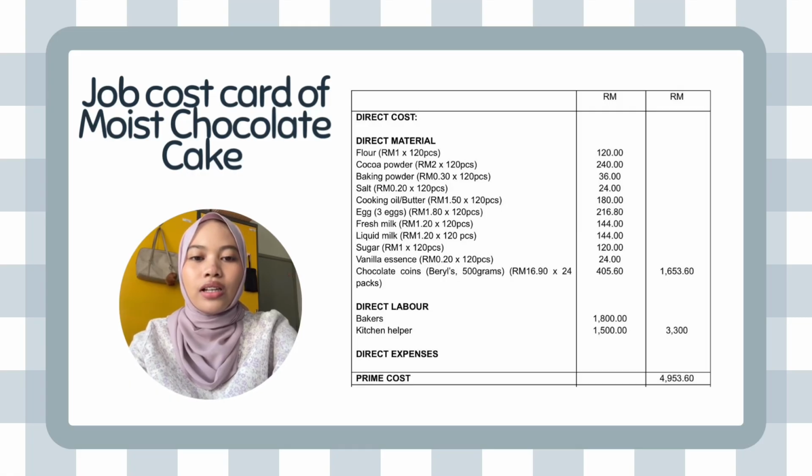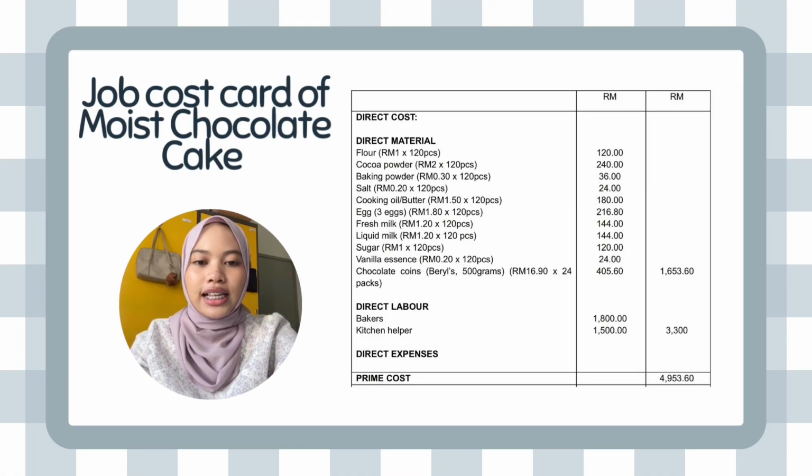Fresh milk, 1 ringgit 20 cent times 120 equals 144 ringgit; liquid milk, 1 ringgit 20 cent times 120 equals 144 ringgit; sugar, 1 ringgit times 120 equals 120 ringgit; vanilla essence, 20 cent times 120 equals 24 ringgit; and chocolate coins, 24 packs times 16.90 equals 405 ringgit and 60 cents. So the total is